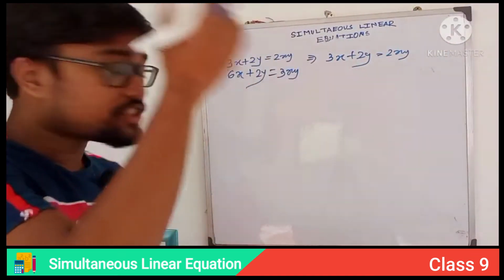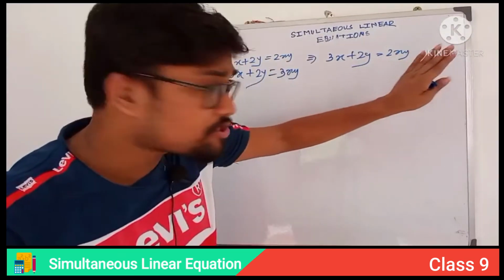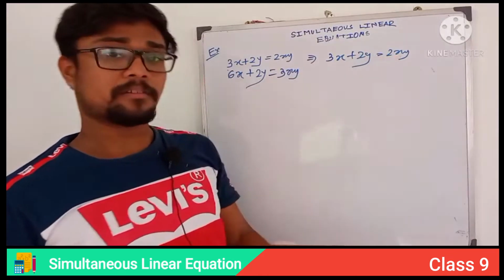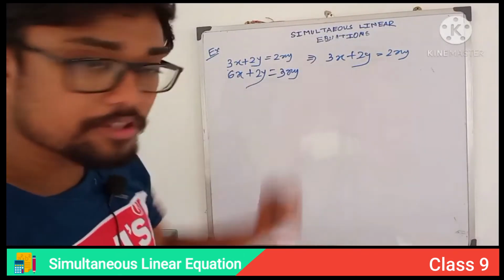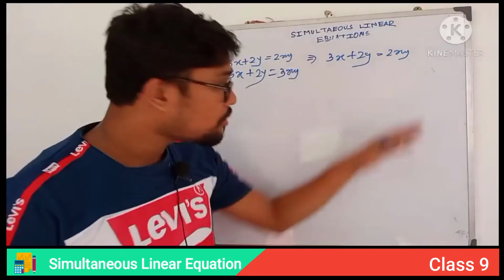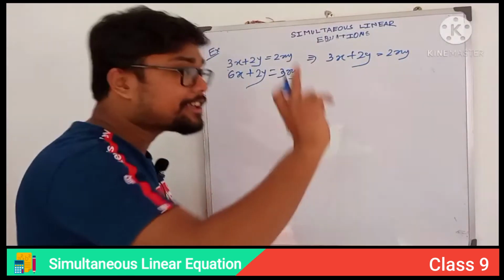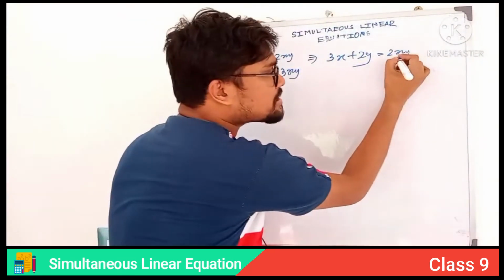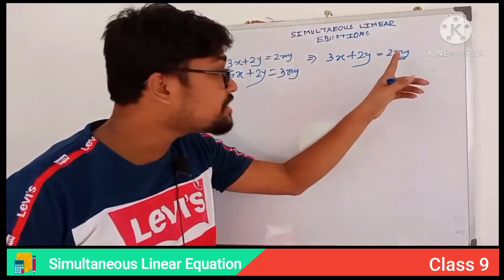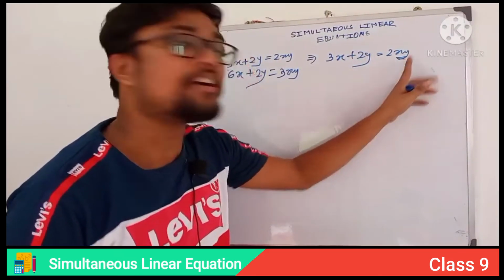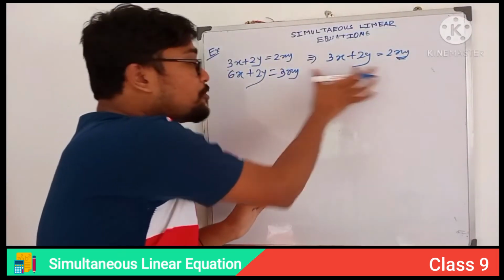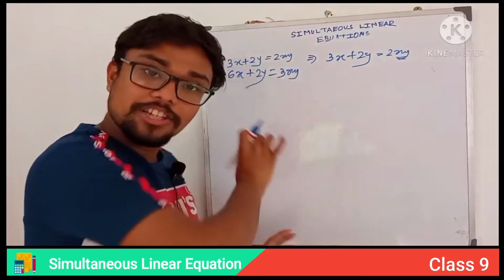We have seen that on the right side of the equation, only a constant term is present. But here, with a constant term, a multiplication of two variables is present. So we have to get only a constant on this side. We will get only 2 when this xy term is not present. If we divide by xy, then xy is cancelled. If xy is cancelled, we get only 2. Understand? So we have to divide both equations by xy.